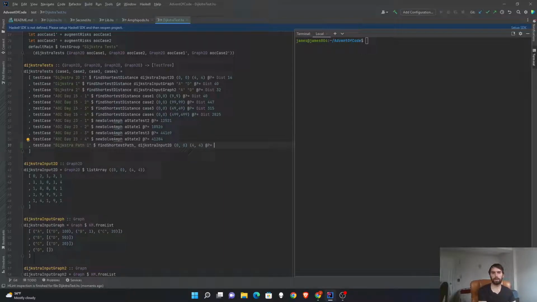And that should give us what exactly? It's total distance of 14. I think it's actually just along here. So the output